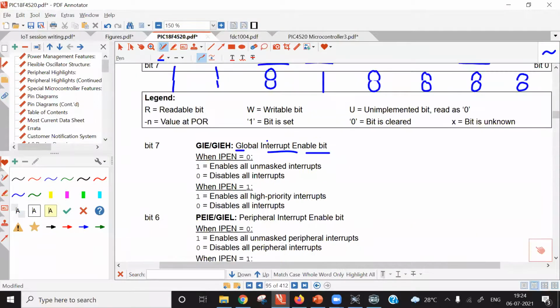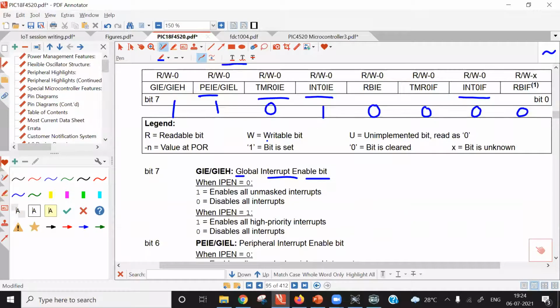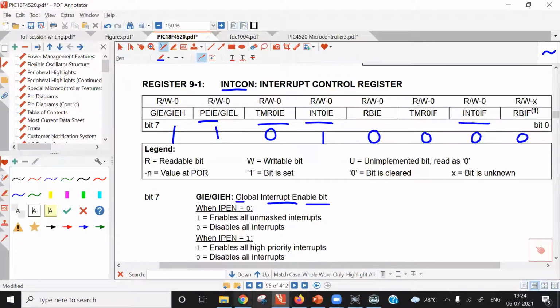Which bit do you want? Can you write your question? Your question seems to be incomplete. For INTCON 1, how to make IPEN 0? What is this IPEN? Interrupt priority, you mean to say? First of all, the INTCON 1 register is not there. So I request Siddharth Sharma to write this question once again.